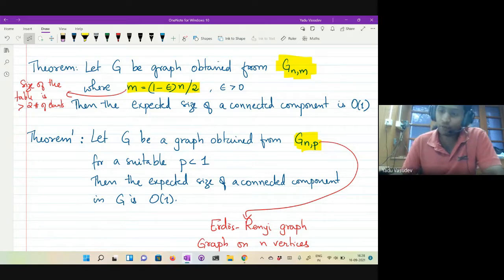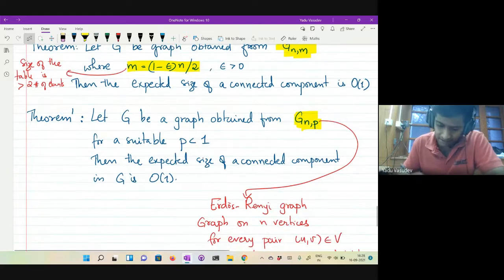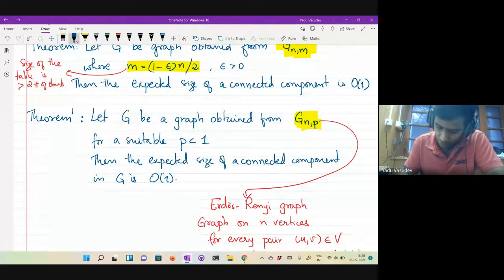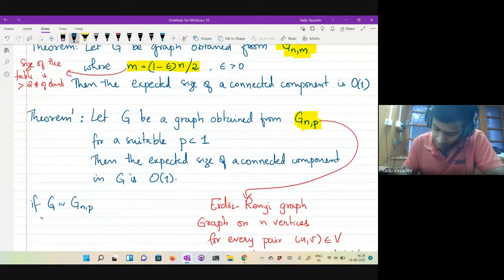So we are going to choose p in such a way that the expected number of edges matches. What is the expected number of edges in G if G is sampled according to G(n,p)? What is the expected size of the edge set of G?